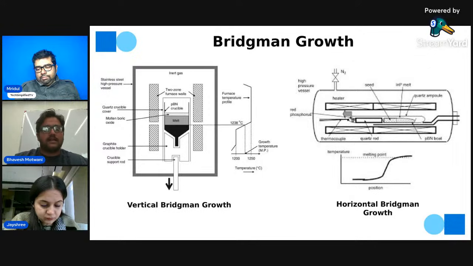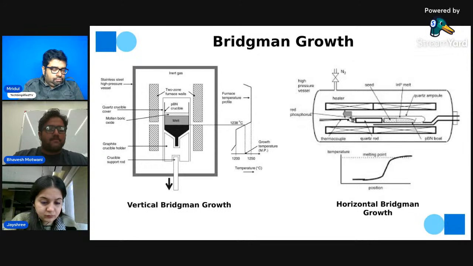It is heated to a very high temperature, and a pressure is created so that it can be stabilized properly. With that, we can introduce a seed crystal to get a proper orientation and a proper way to pull